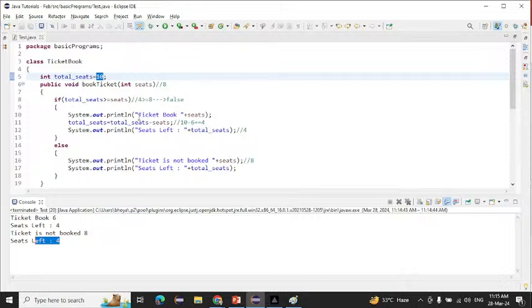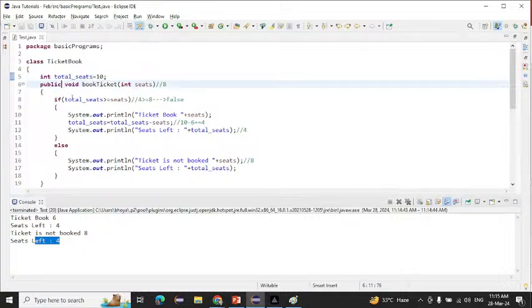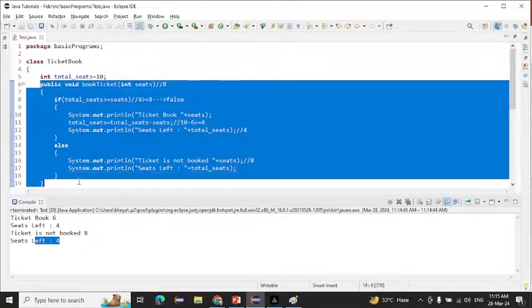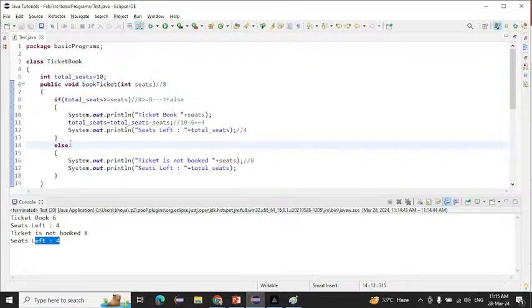So how will we achieve that? It is a simple way. This is the resource, right? Here is the resource where all our threads execute at the same time. That's why we are getting the data inconsistency problem. So for that, simply here we need to write the synchronized keyword. If I run this now,